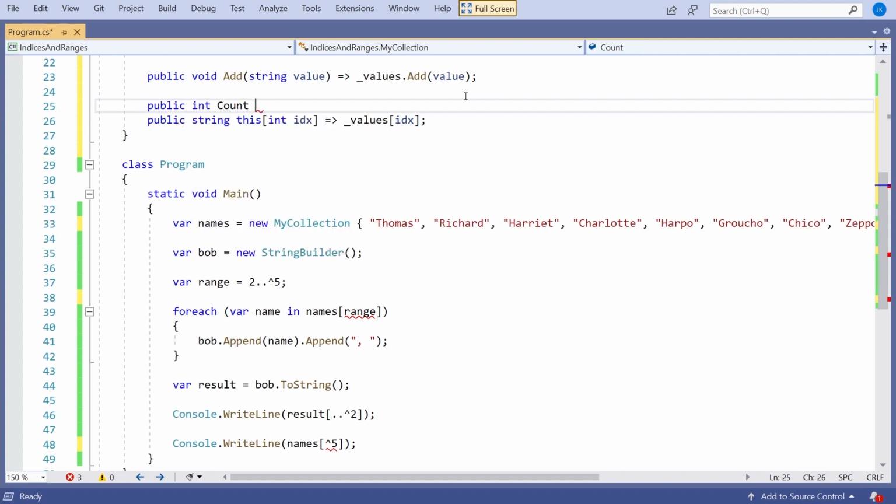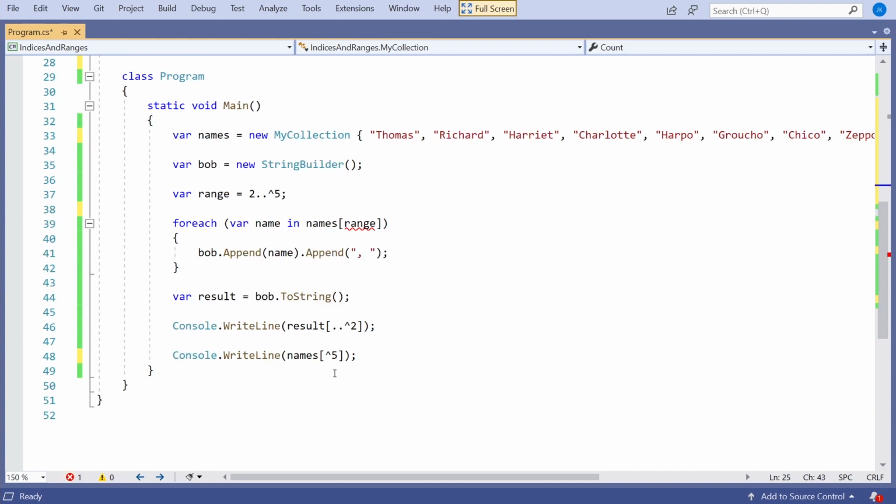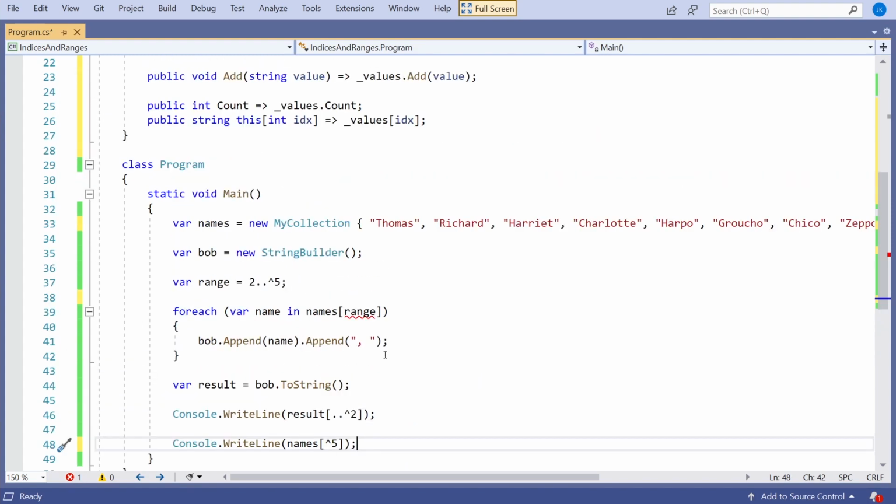If we give that a public property called count, and then defer that again just to values.count, then we can now see we've done the first part of it. We've got this hat5 working, so it can print out the 5th in from the end.